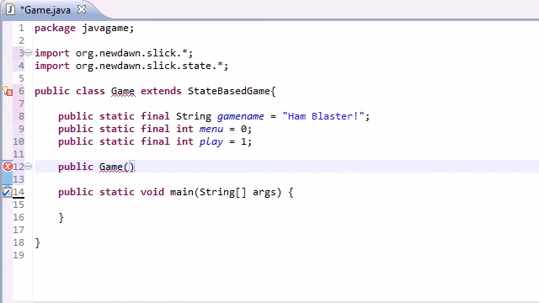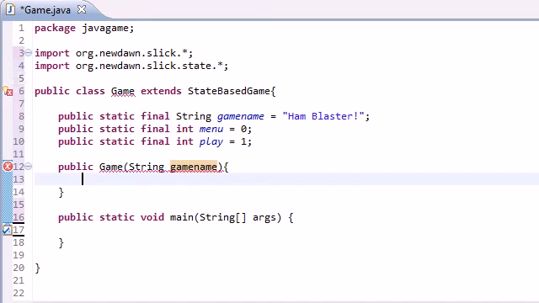And what this method is going to do is take the name of the game, Ham Blaster, as a parameter. So String, pass it in that variable gameName. Essentially what we're doing is passing it in Ham Blaster. And the rationale behind this is because whenever we first create this game, the first thing we want to do is create a window and put the title Ham Blaster at the top